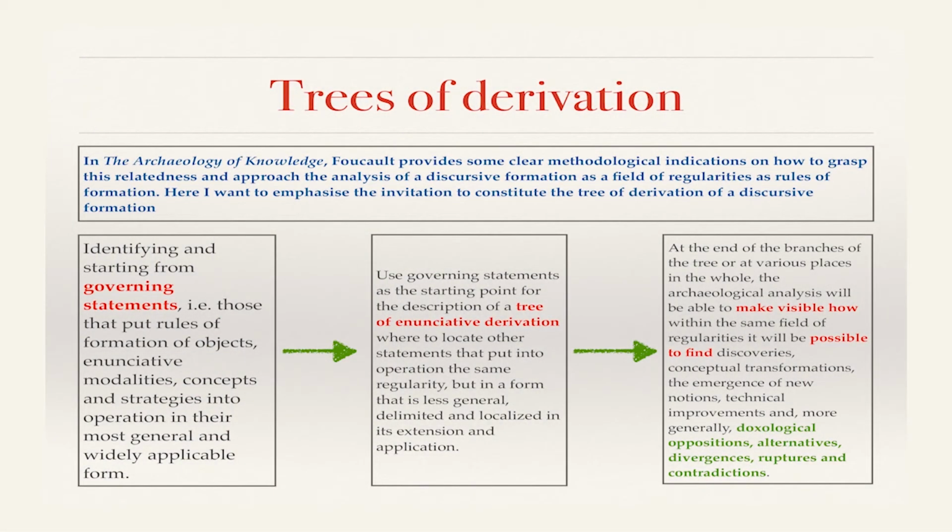One of the first moves can be to organize your analysis by depicting what he calls a tree of derivation, which means grasping for regularities within an enunciative field, attempting to identify governing statements, which means statements which can be